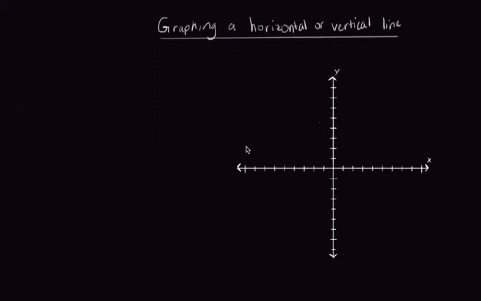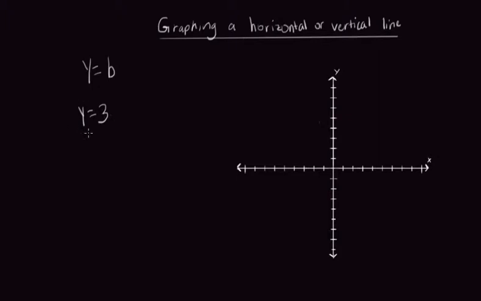So now I want to talk about graphing horizontal and vertical lines. Horizontal and vertical lines are not entirely different from other lines. They're just special cases. If you have a line that is just y equals some number, so we might say y equals b in general, or for example y equals 3,